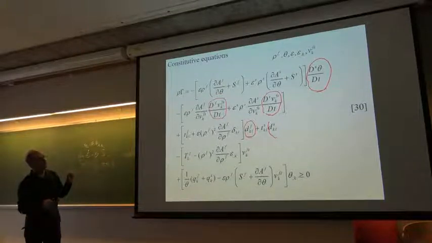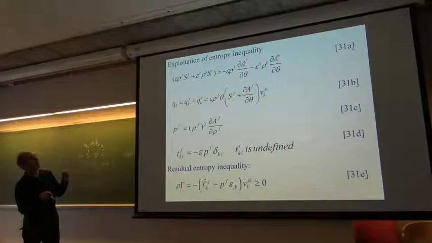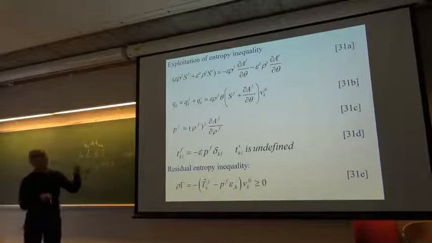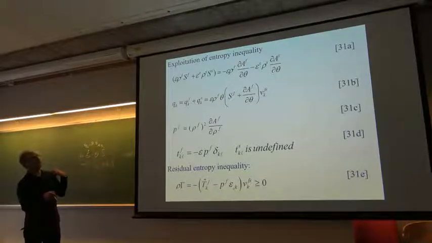This must be identically 0. This and this must be non-negative, this sum. So from there, I get a relationship between entropy of the two phases with their energies. Note that I do not get individual entropies being related to the change of Helmholtz free energy with temperature. The sum of